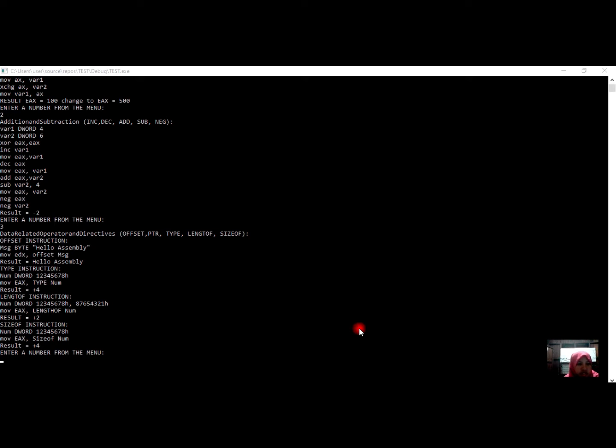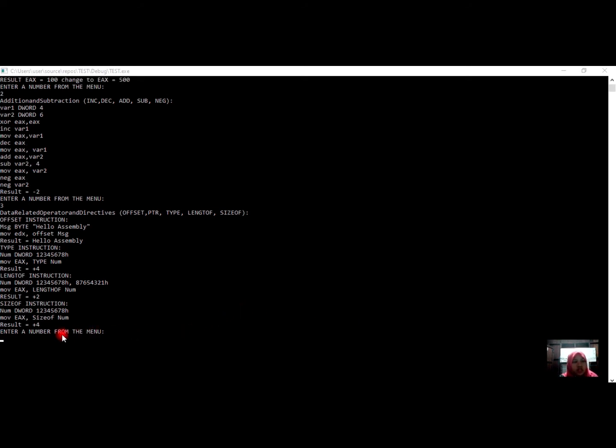And here, the result of the count is 2. And the SIZEOF operator returns a value equivalent to multiplying LENGTHOF by TYPE. But actually, there's another one, the LABEL directive, where it assigns an alternate label name and type to an existing storage location, and LABEL does not allocate any storage of its own. It removes the need for the PTR operator. So let's continue with the